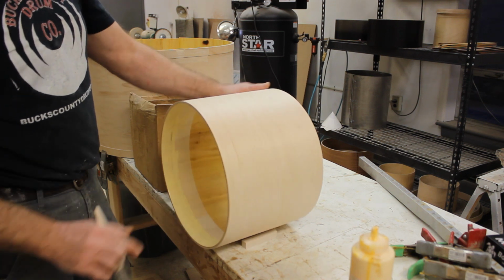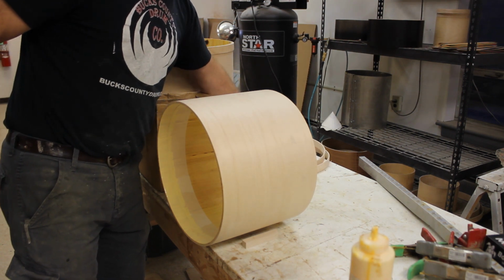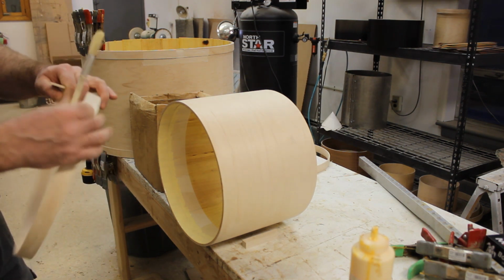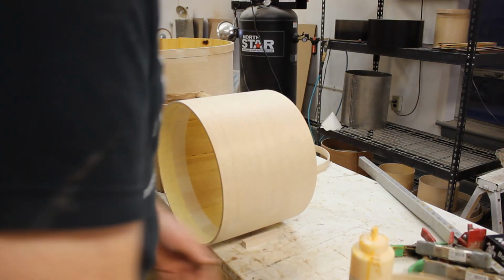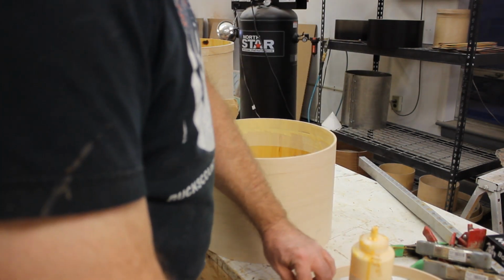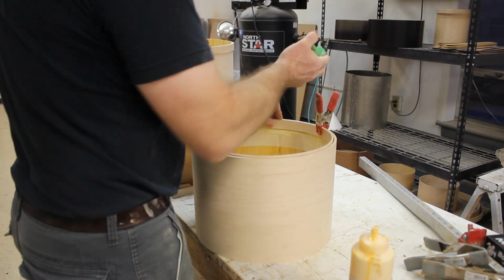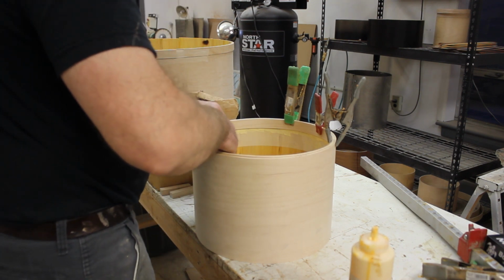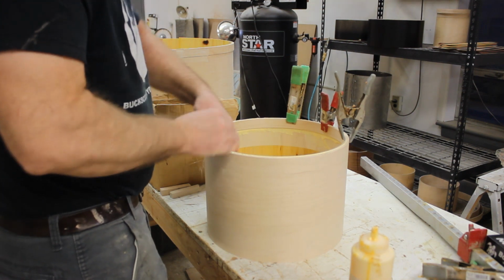Just go across here, make sure we got it all spread out the way we want it. And then we take the re-ring we just cut, whichever one that was, this one here. And we take the brush and we just put a little dab of glue right on the joint where that's going to meet up. Take this. See why it's important to have that tape in there to minimize what's going to happen next, and that is all this glue is going to run down the inside of the shell because we just stood it up right. And now that we got it in place, we can push that together,